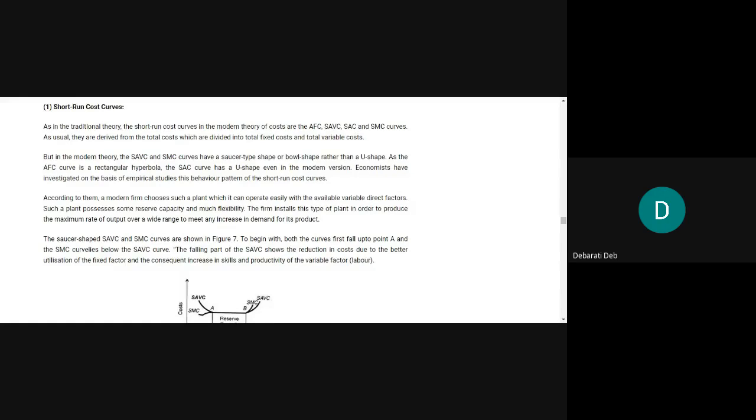As usual, they are derived from the total costs, which are divided into total fixed costs and total variable cost. You remember we started with the same concept in traditional theory also. We had first identified the total cost, then what are the elements in total cost, all those things we had verified, and then we started with the discussion. So in modern theory also,